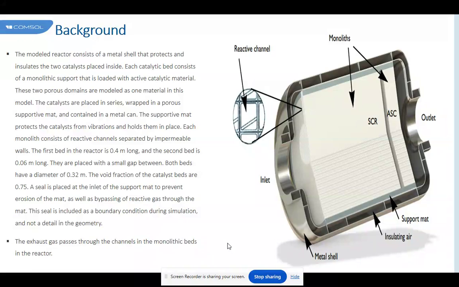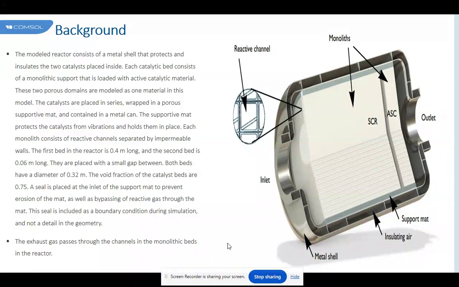The background. The modeled reactor consists of a metal shell that protects and insulates the two catalysts placed inside. Each catalyst bed consists of a monolithic support that is loaded with an active catalytic material. These two porous domains are modeled as one material. In this model, the catalysts are placed in series, wrapped in a porous supportive mat and contained in a metal can. The supportive mat protects the catalyst from vibrations and holds them in place. Each monolith consists of reactive channels separated by